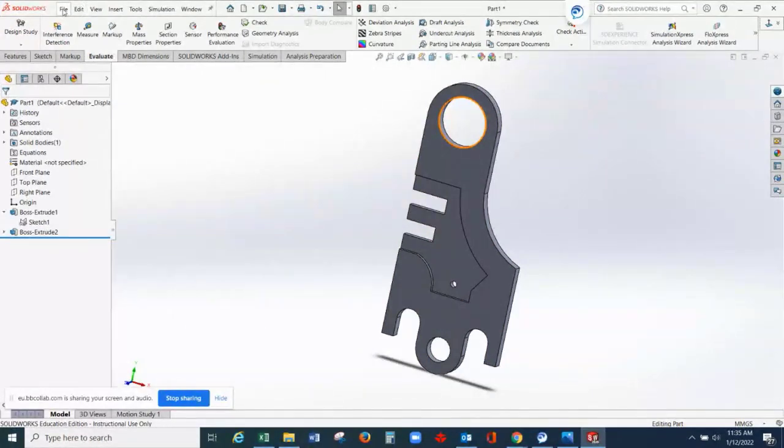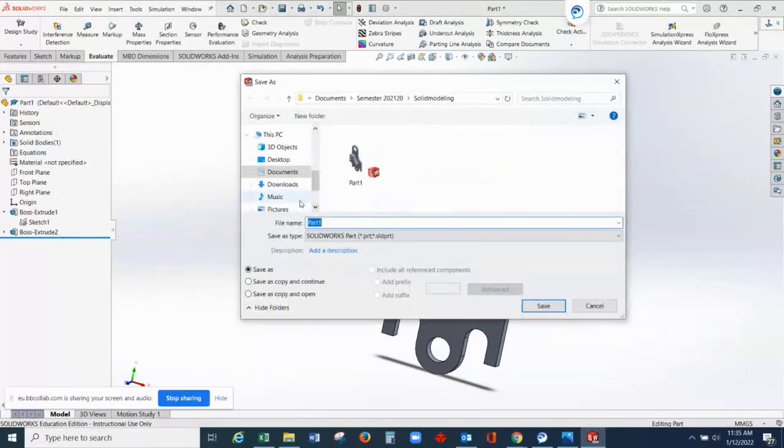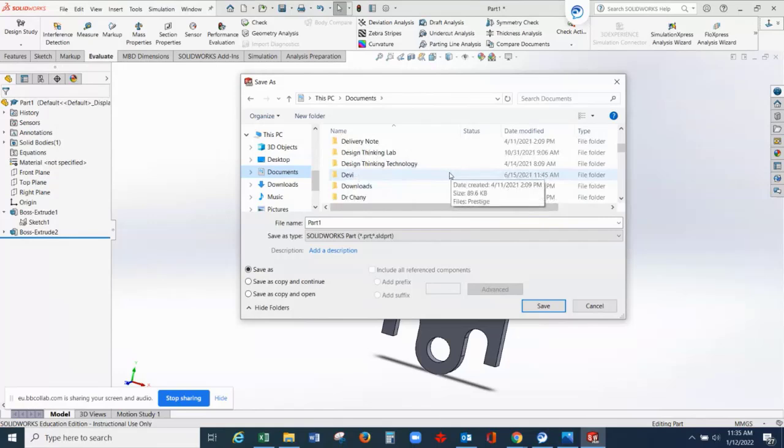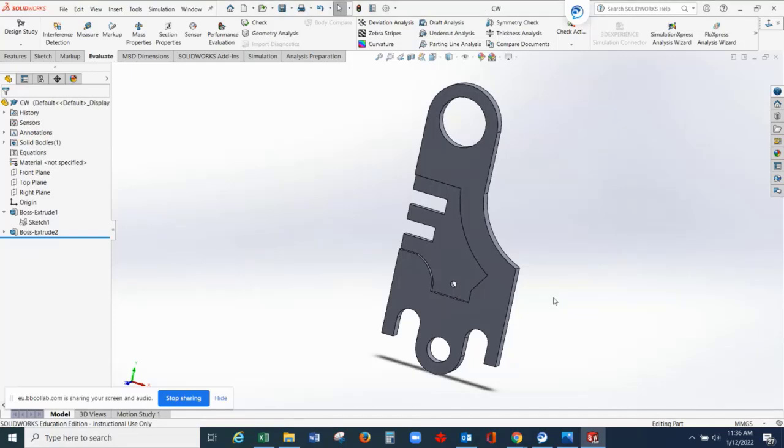Some of you are asking how to save your work. Once you have completed the work, you can go to File, Save As, select the folder that you want to save in. For example here, solid modeling, type CW, for example your coursework CW1A or B, or let's say CW, and save. And that's it. You can access it anytime. If you want to verify your answer, get the surface area of each and every region here.